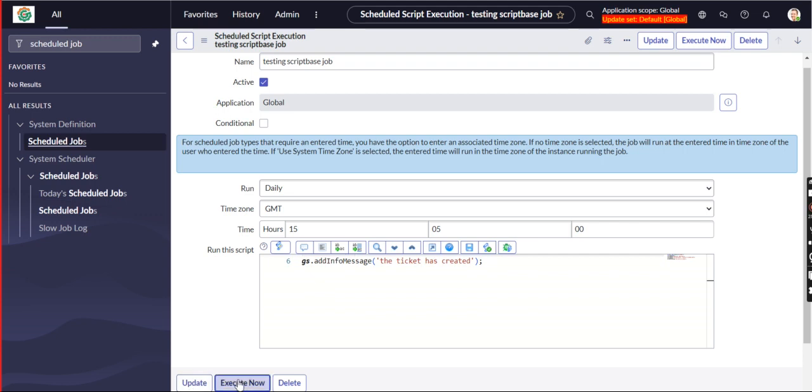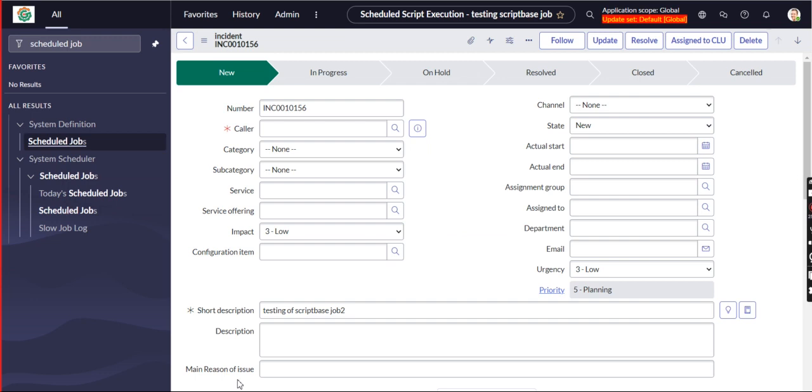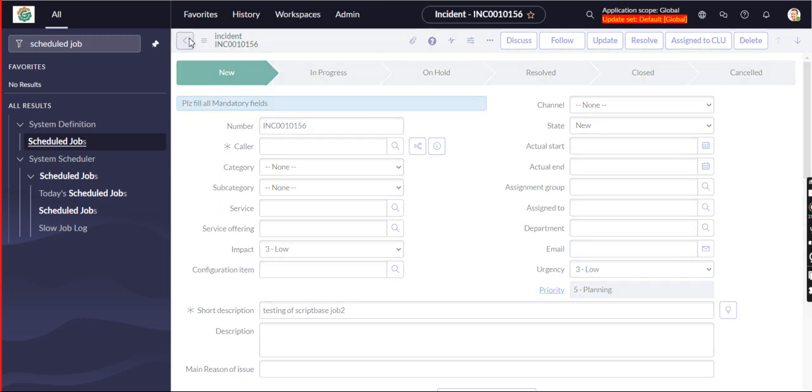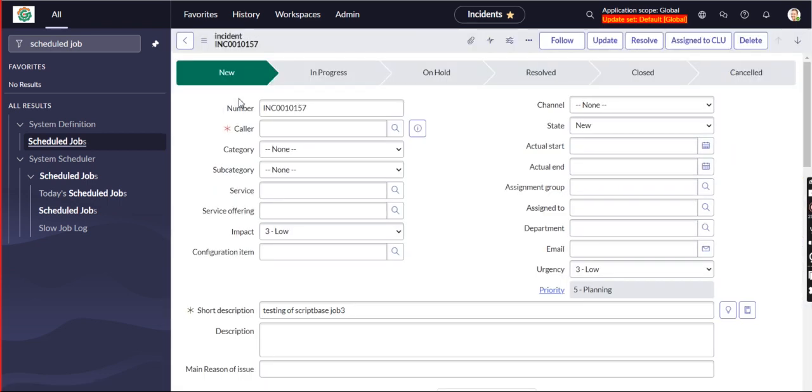Okay, just execute now. Okay, so testing of script based job 3 has also arrived, but the caller is not reflecting even though we mentioned that particular caller ID.